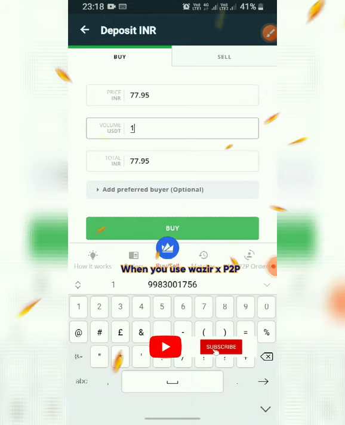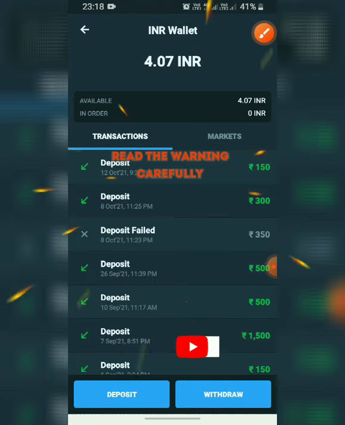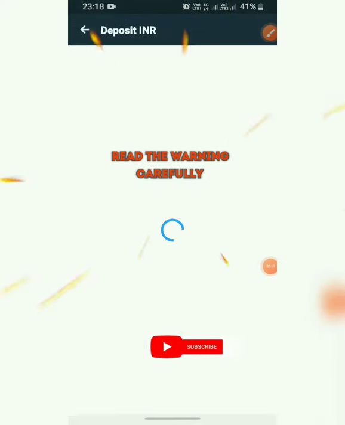As I click on the buy button, I see the warnings as shown in the display. As I already told you regarding the warning, now proceed. Now we are depositing 20 USDT. I pause this video and come back, and before any delay, we are going to deposit 20 USDT through the P2P WazirX method.